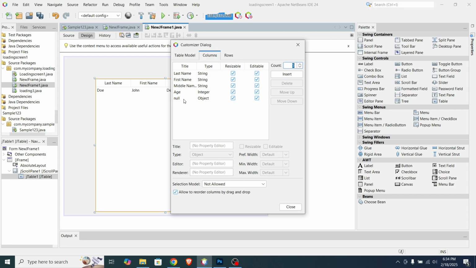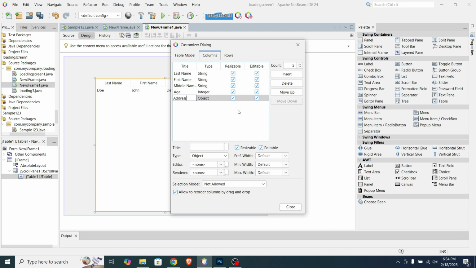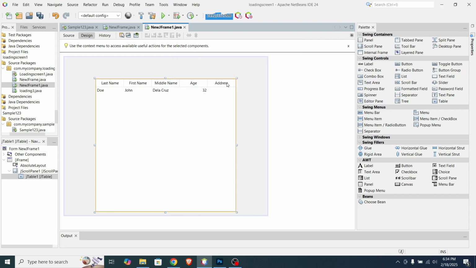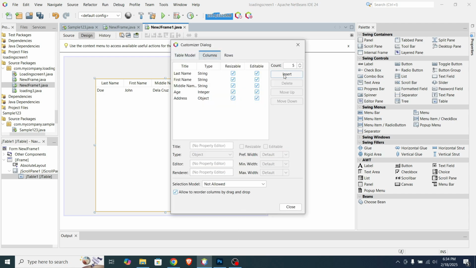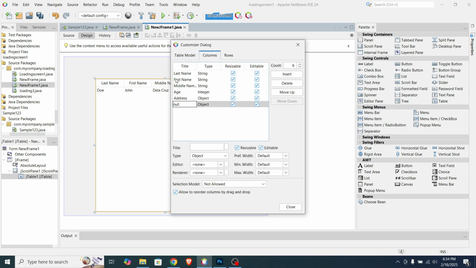And here we can actually set again the properties, name, let's say address, or just like this, and let's see, close, it added.